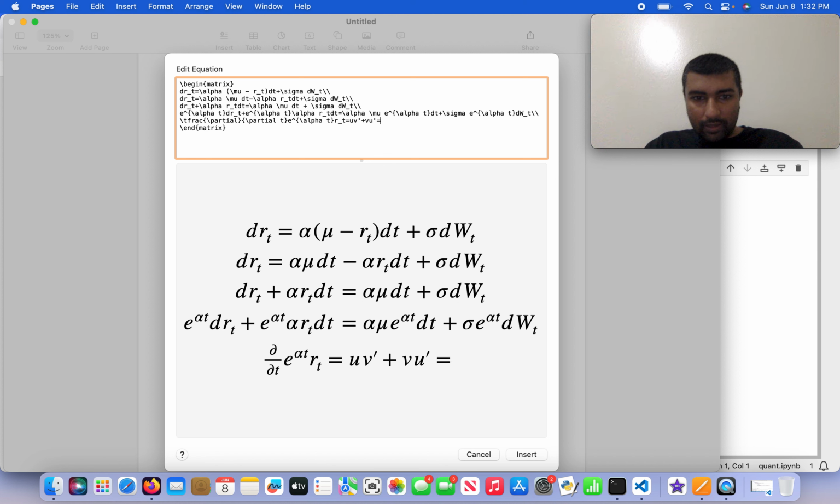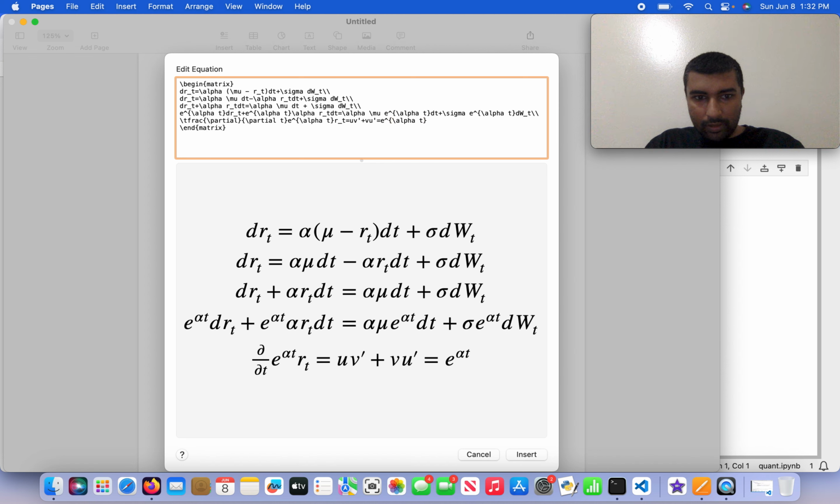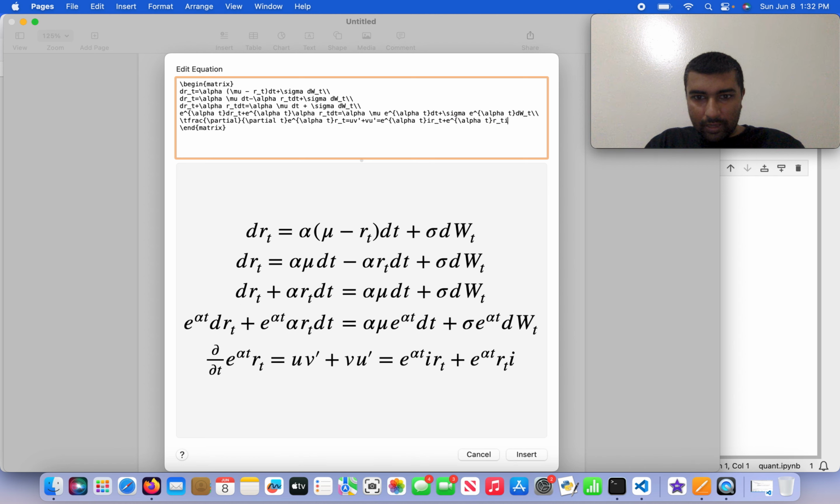So that's going to be e to the alpha t prime, r of t plus e to the power of alpha t r of t prime. I'm just doing this because there's a little glitch in the LaTeX editor, but do not try doing this. So then the derivative of e to the alpha t with respect to time is just going to be